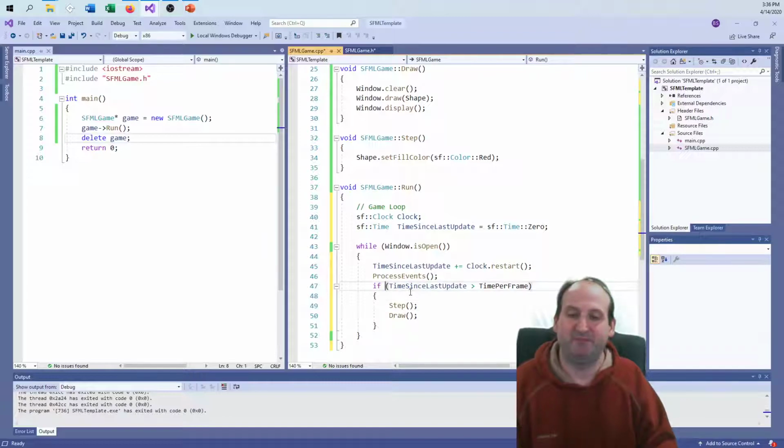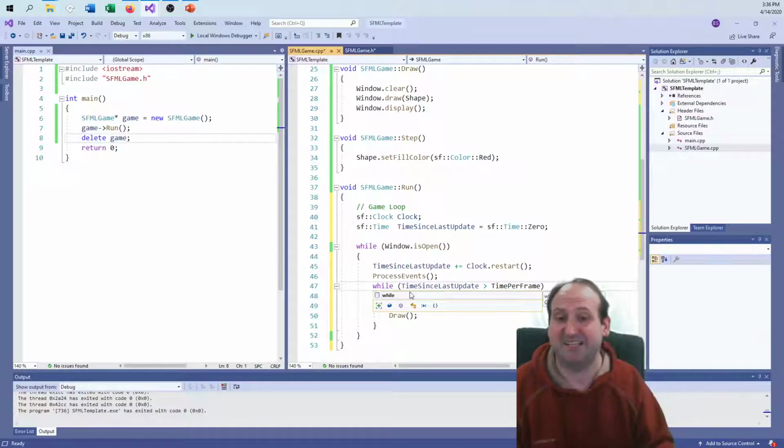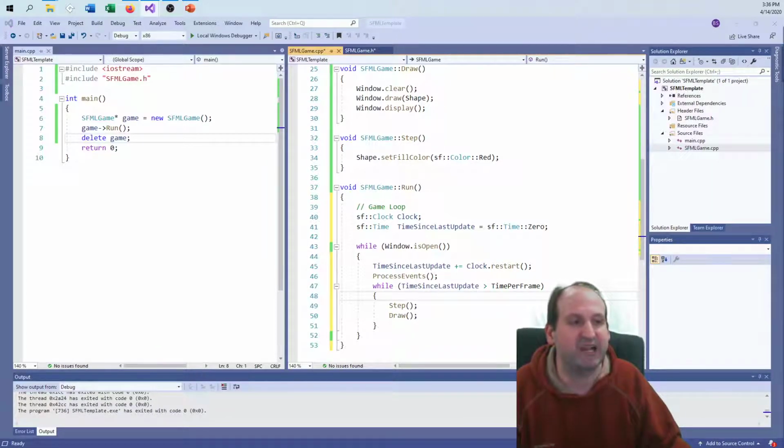Right? So if the time since my last step, update, draw, step, however you want to name these things. And so I like to use a while, because then if it needs to catch up, it'll catch up twice immediately in a row. So each time I have to make sure I subtract off the amount of time it took